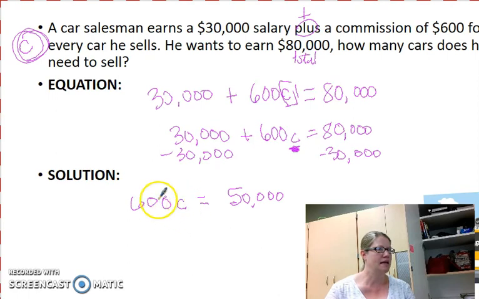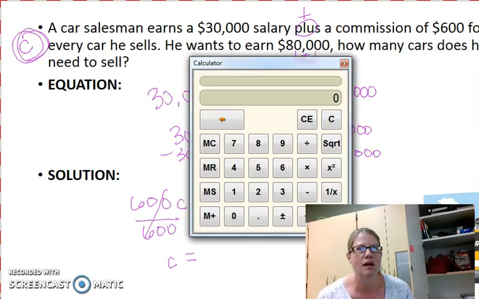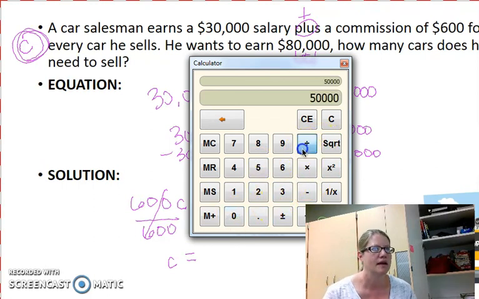Now I need to get rid of 600 times C. The inverse operation of multiplication is division, so I'm going to divide both sides by 600, so that 600 over 600 goes to 1, and I'm just left with C on this side. So this will tell me how many cars the salesman will need to sell. We're going to take 50,000 and divide it by 600. Let me pull up the calculator here. So 50,000 divided by 600 is going to equal